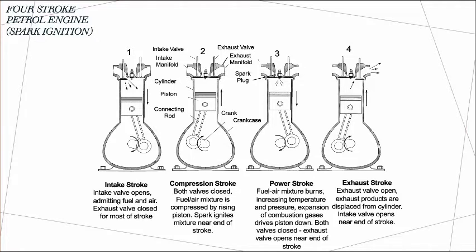In this four-stroke petrol engine, we have four strokes: the intake stroke, compression stroke, power stroke, and exhaust stroke. In the suction or intake stroke, the piston moves from the top dead center, which is the farthest position of the piston from the crankshaft, to the bottom dead center, which is the nearest position of the piston to the crankshaft. The piston moves downward, sucking the air-fuel mixture in through the intake valve. During this stroke, the intake valve is open, the exhaust valve is closed, and the crankshaft rotation is about 180